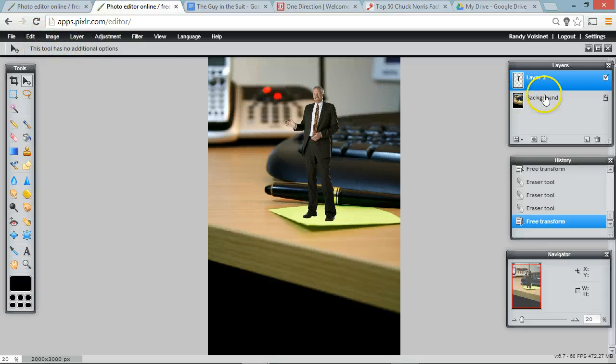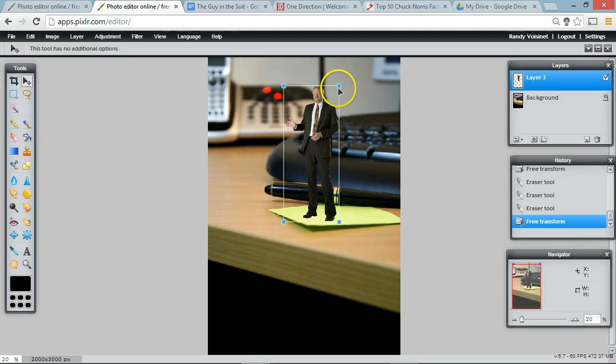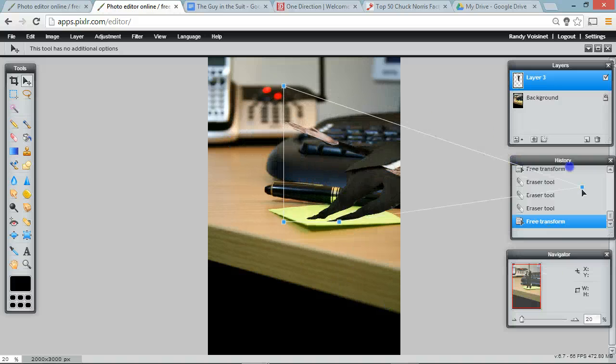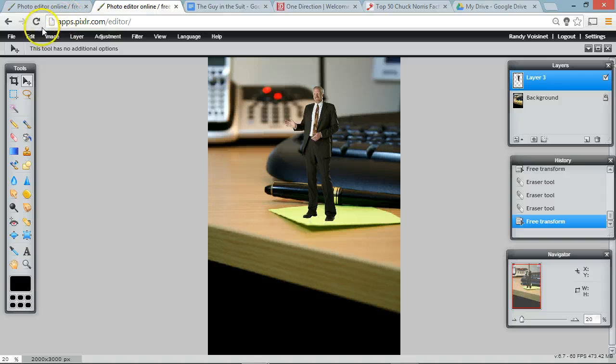To do that, we're going to make sure we're still in the correct layer. We're going to use the distort tool. The distort tool lets you freely turn things and bend things in whichever way you want. So we're not going to accept that. And with the distort tool, just like the transform tool, if we hold the shift key, it keeps things, maybe it doesn't. But we want to try to keep